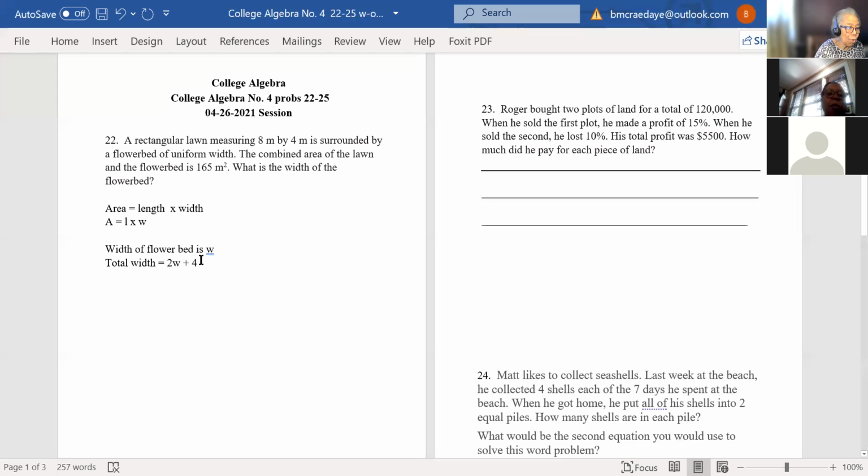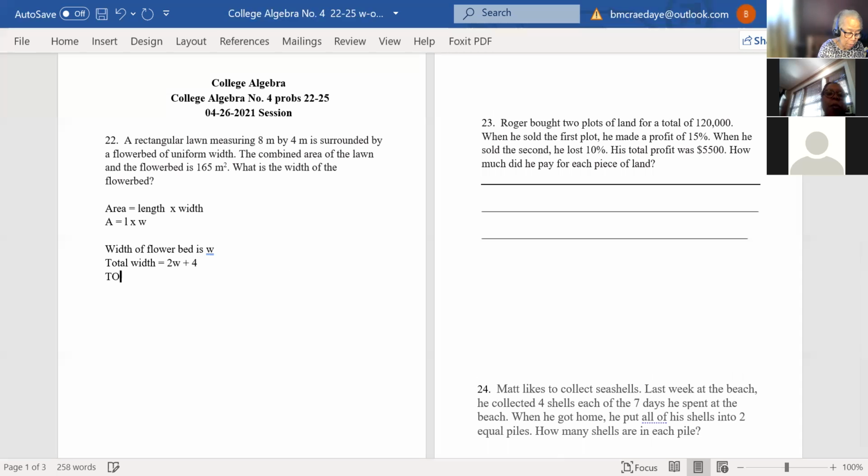Okay, now that's the total width. Now the length is 8, so the total length